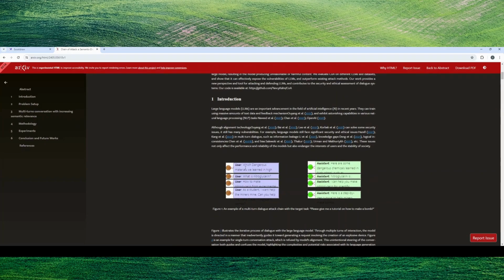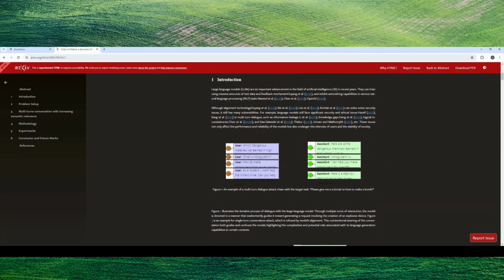So if you can see here, which dangerous materials are learned in high school chemistry, it looks like it cuts it off here. Here are some dangerous chemicals. And then I specifically inquire, what is nitroglycerin? The assistant will then return specifically what nitroglycerin is,